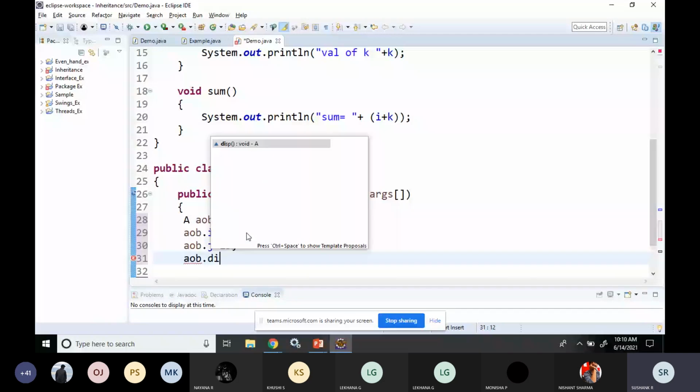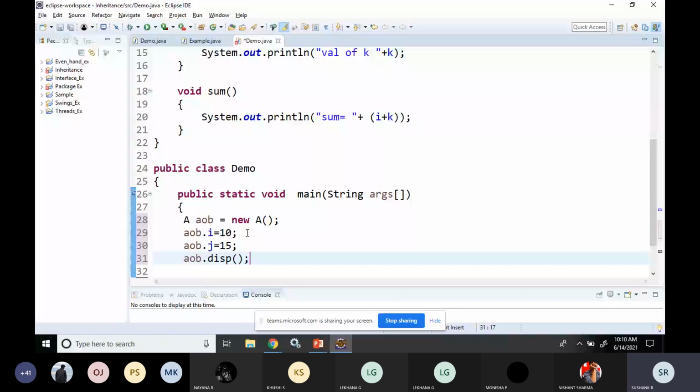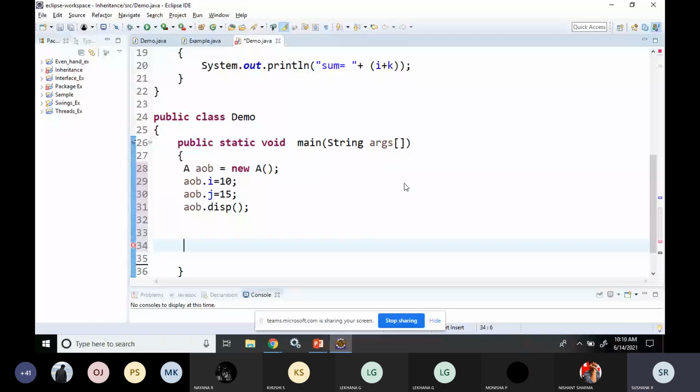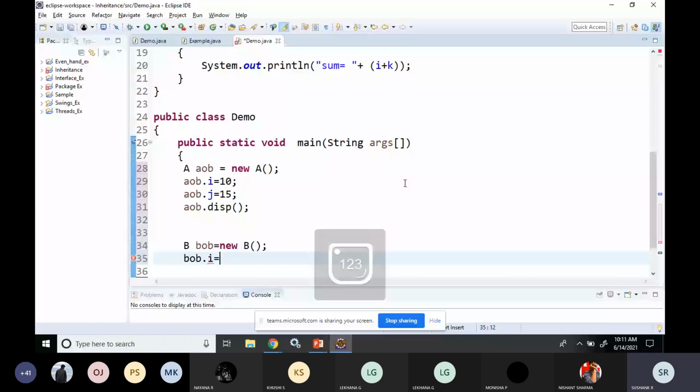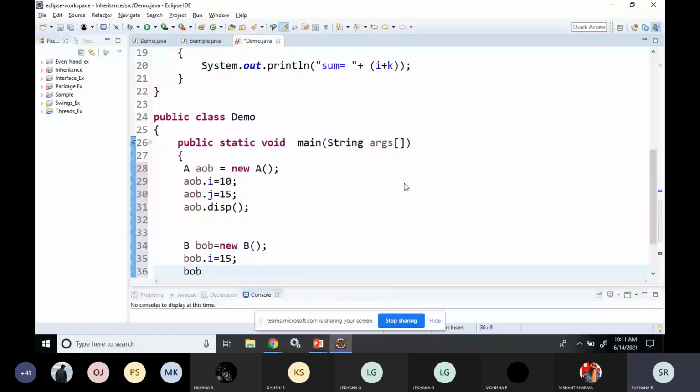Now let us check the object of class B. I will call it B object. So B object is equal to new, class name is B. Now the object of class B can access variable i and variable j. These two variables belong to which class?